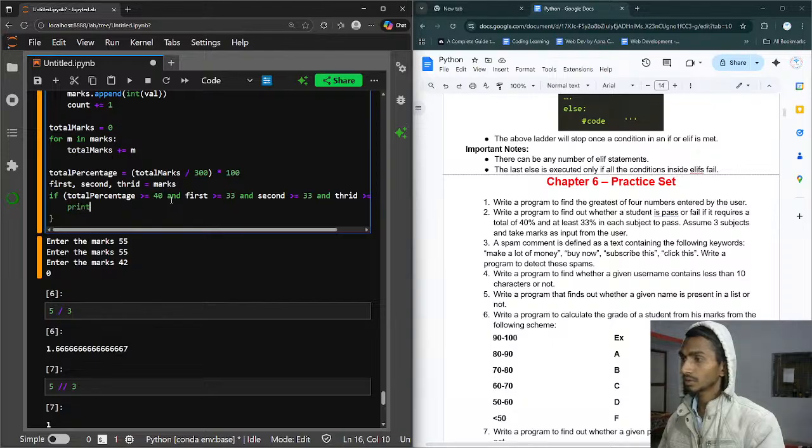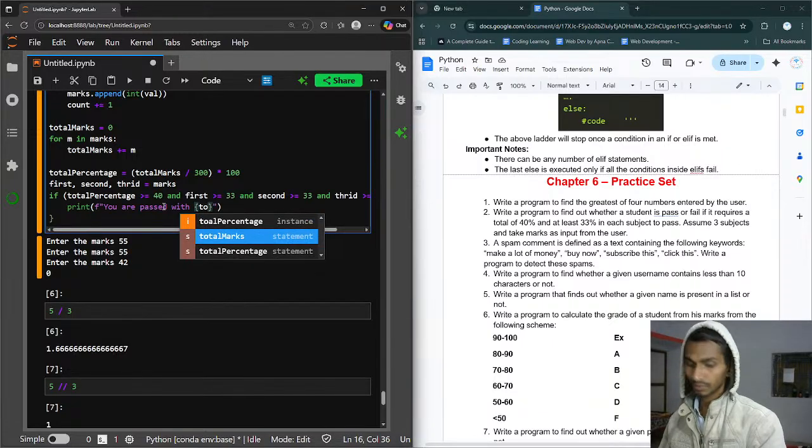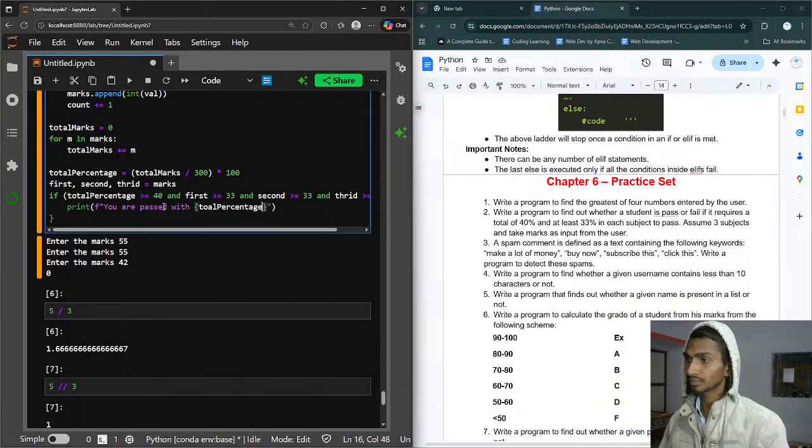Print you are passed, and I will be giving the passed with a total percentage, with this much percentage. This thing is done, and else